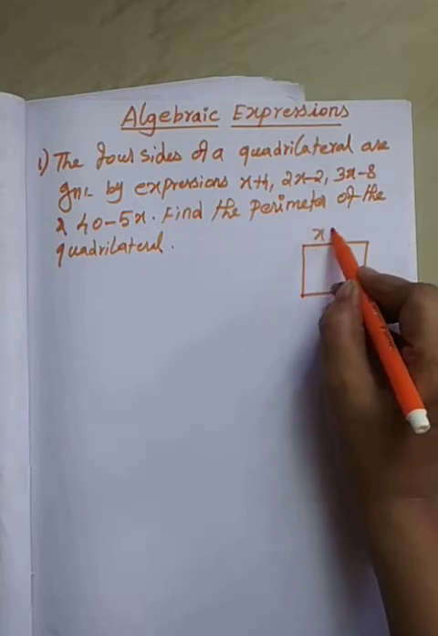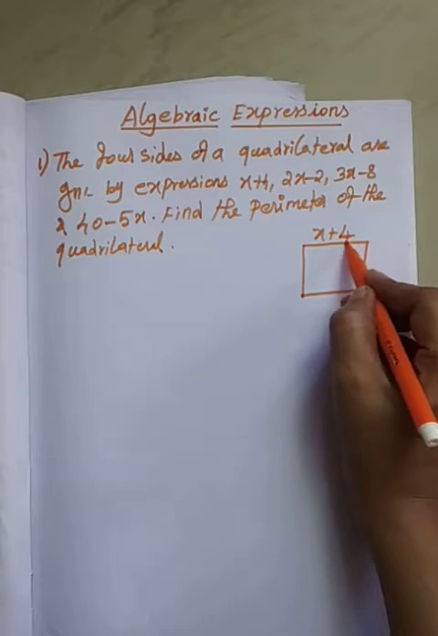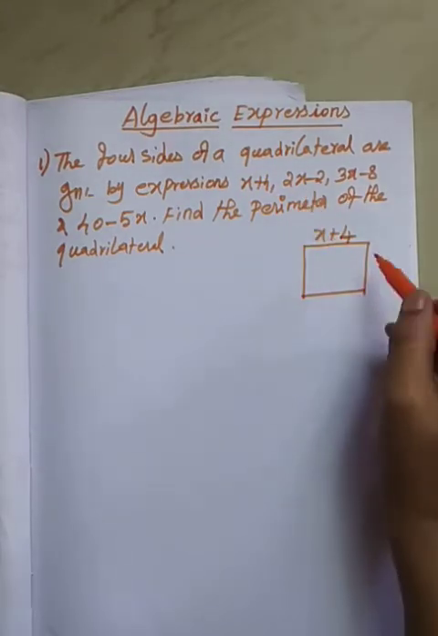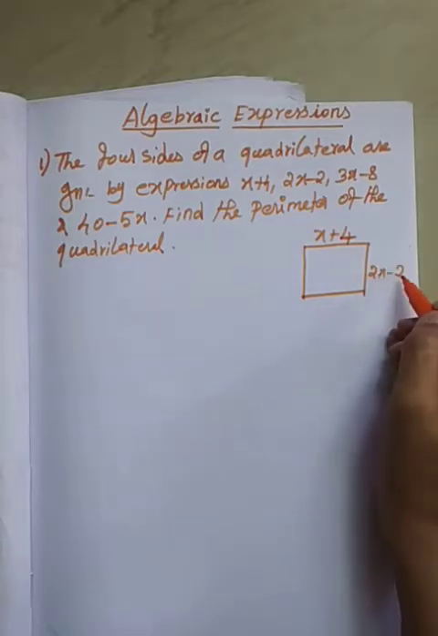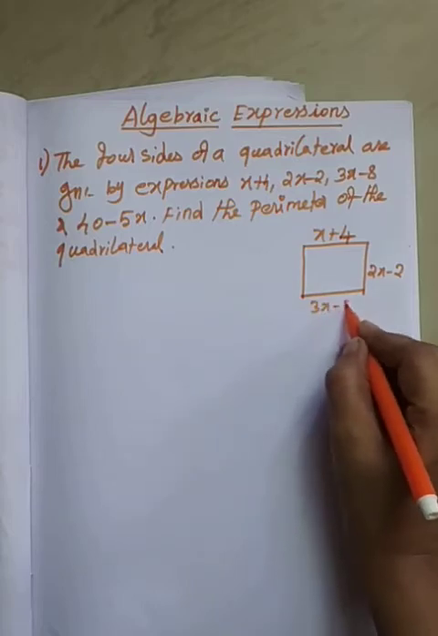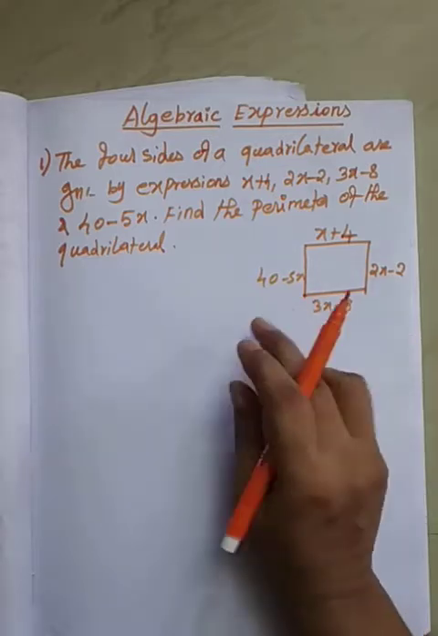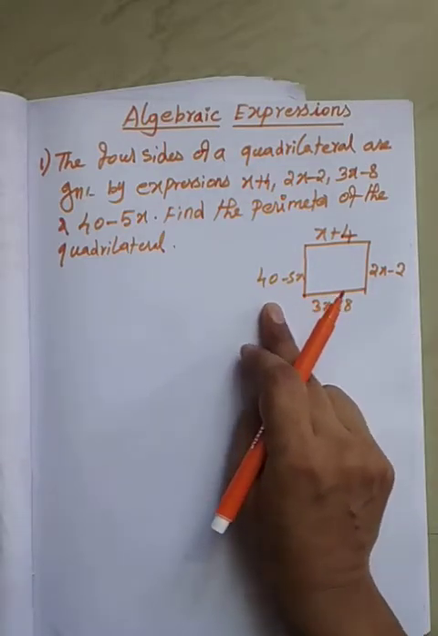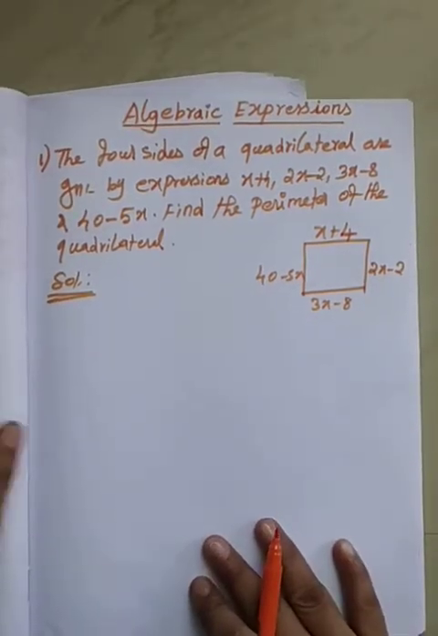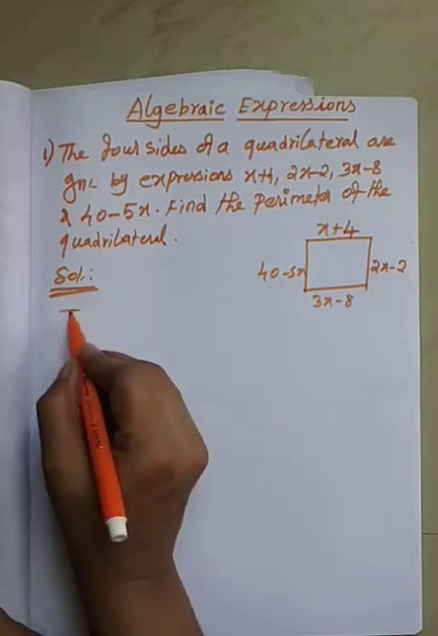See here, now I have to take x plus 4 on this side, the next one is 2x minus 2 in this area, the next one 3x minus 8, so we write 3x minus 8, and the next one is 40 minus 5x, you take on that side. Now you can write the solution. The perimeter of the quadrilateral is equal to